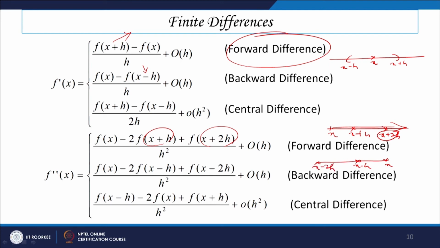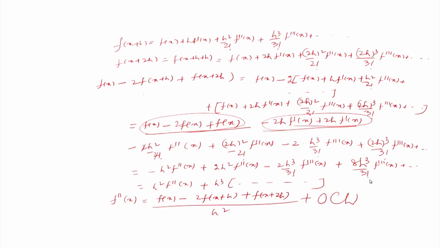And if you just combine this one in the form f(x) minus 2f(x minus h) plus f(x minus 2h) by h square plus order of h, we can obtain this backward difference formula. In a similar way to whatever we have just done here,